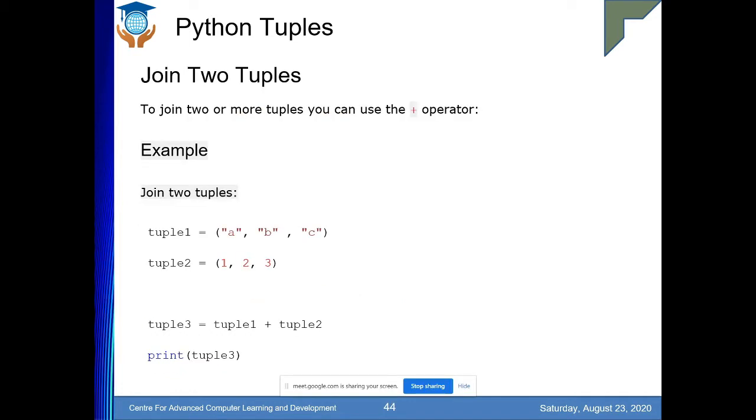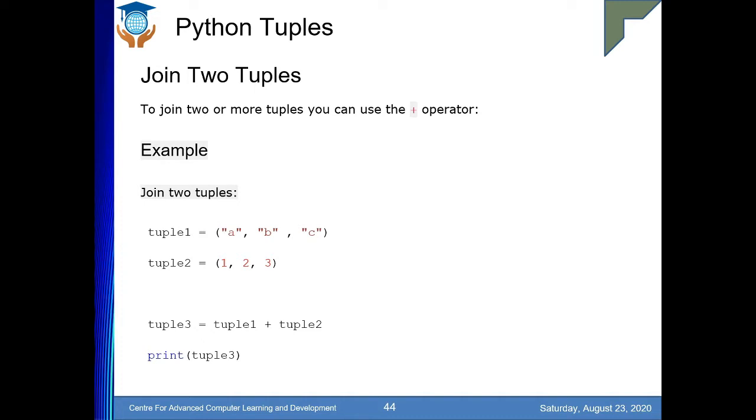Just like the way we joined one or more lists, similarly for tuples we have a plus operator to join two different tuples, right? In this case we have created a tuple called tuple1, which has three elements. We have tuple2, which also has three elements. Look here that strings are double quoted, and for digits you do not have to give the double quotes. Now we are assigning tuple1 and tuple2 into a new tuple called tuple3, and I am trying to display the elements. So we can see the code.